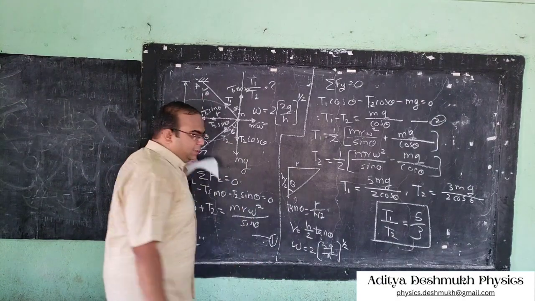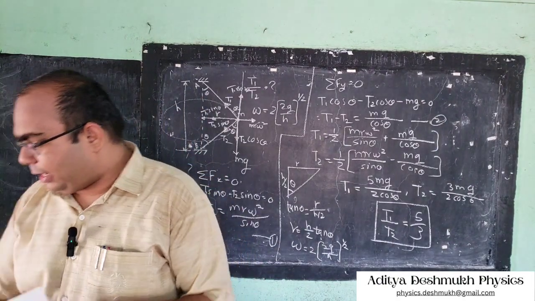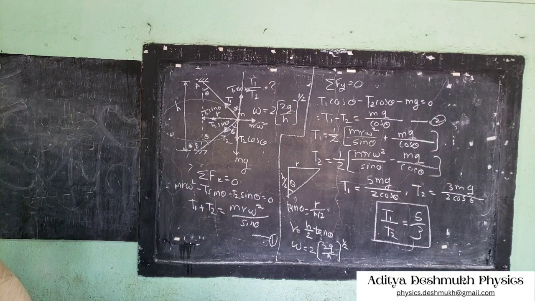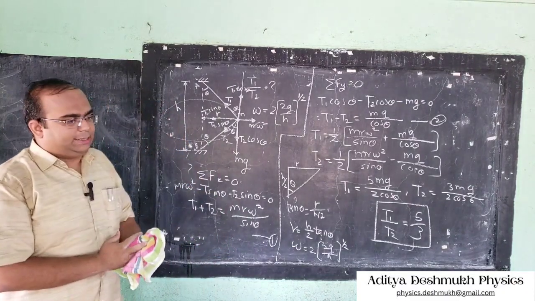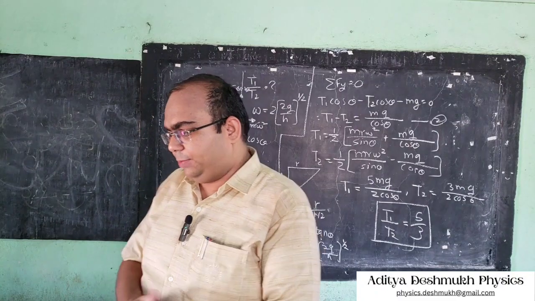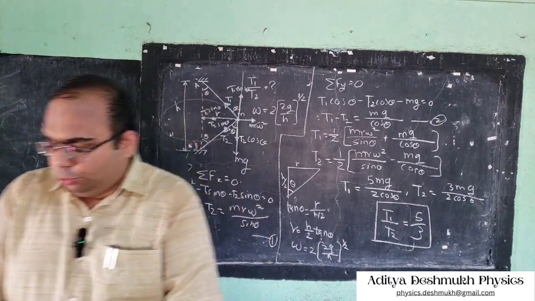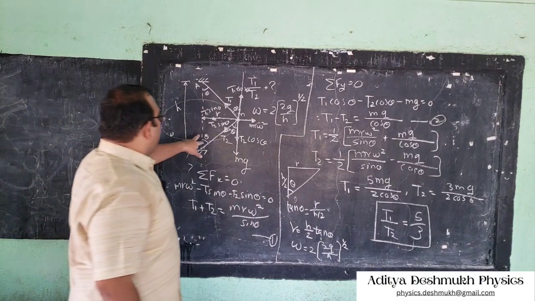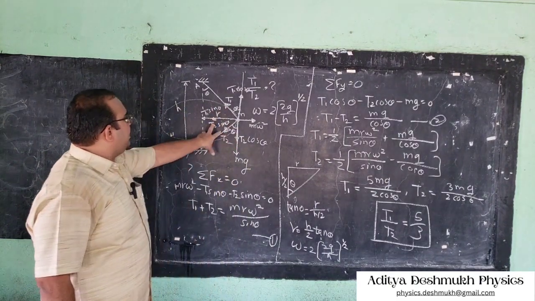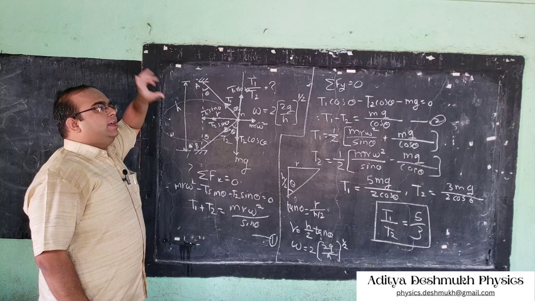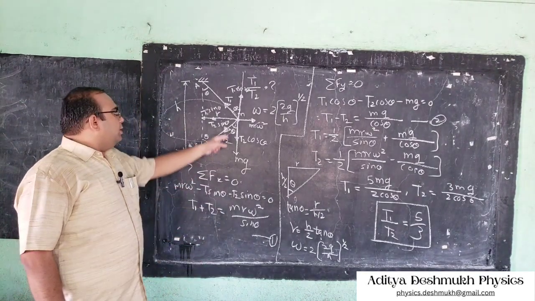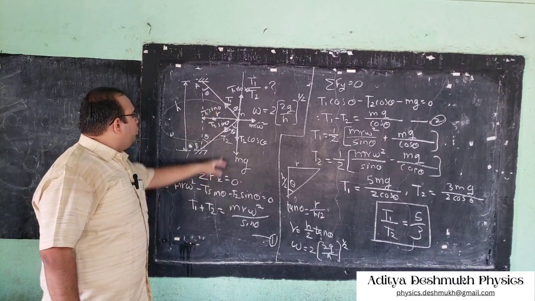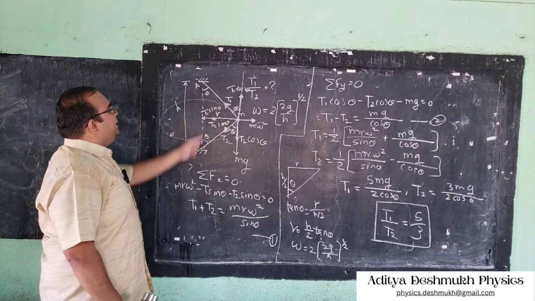So whatever the system may be, if the string is tied anywhere, lenses are given, or it is moving in vertical motion or horizontal motion, if you identify the correct forces acting on our particle which is traveling along circular motion, either vertical or horizontal, if you identify all the forces and their direction,